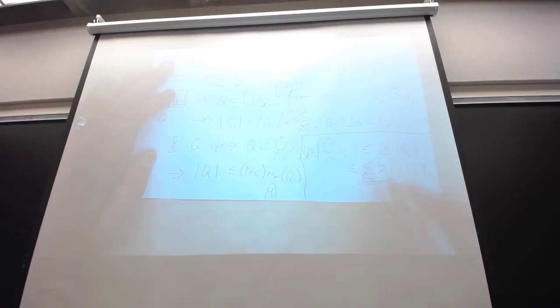The finite union is at most the sum of the finite sets, which is at most the finite sum of Qi times 1 plus epsilon. But of course, I can increase that to all the Qi. So let's put them all back in. Now Q is bounded by 1 plus epsilon times this for any cover, which means it's true for the infimum cover. Or it's true in the infimum. There's no necessarily infimum cover. It's true in the infimum, which means it's true for M star.